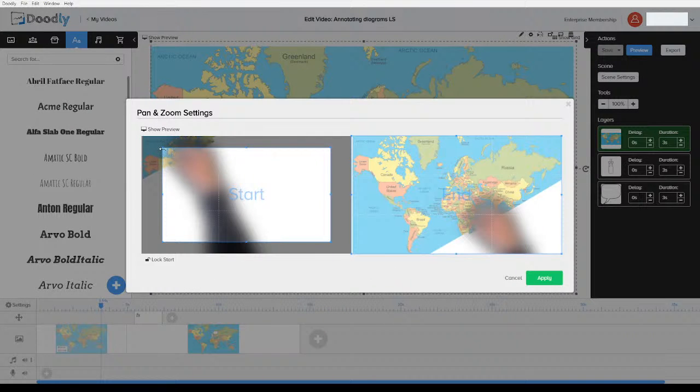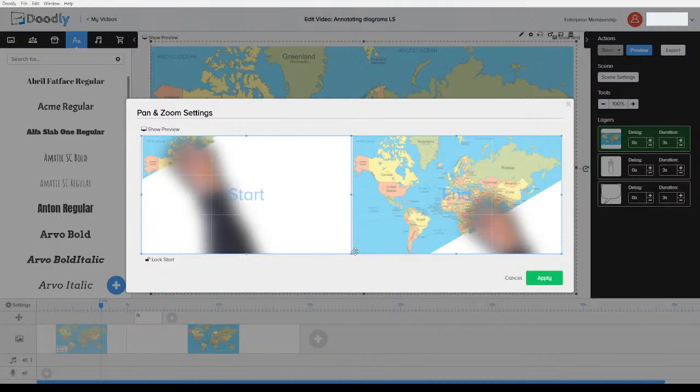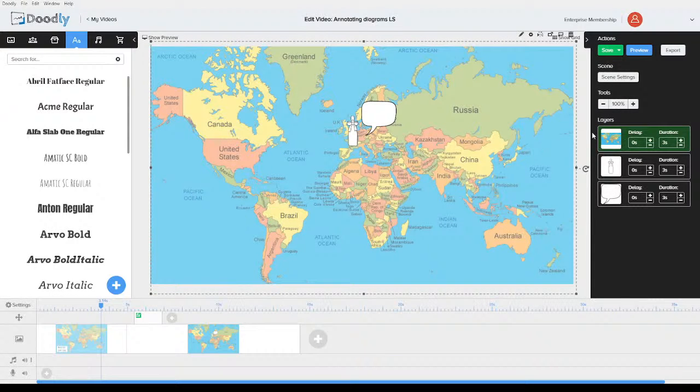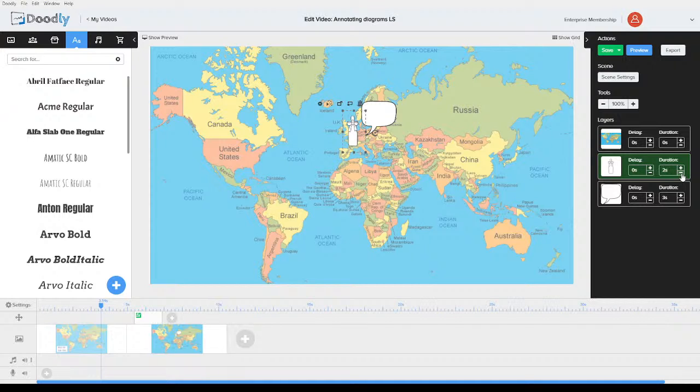And we're going to make this. Now, yes, that's very clever. I don't want the map to be drawn in. So I want the map to be there to start with. So we're going to draw that in. Then we're going to draw that in. And then I want some text.